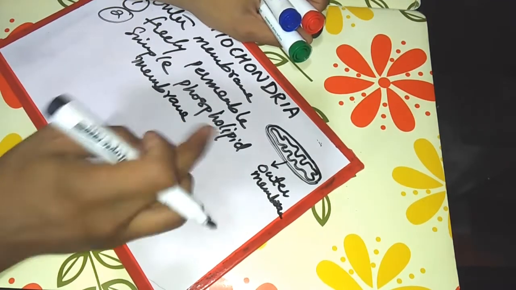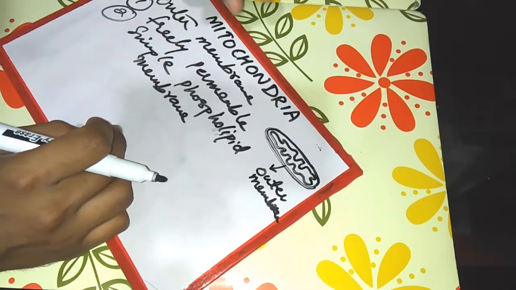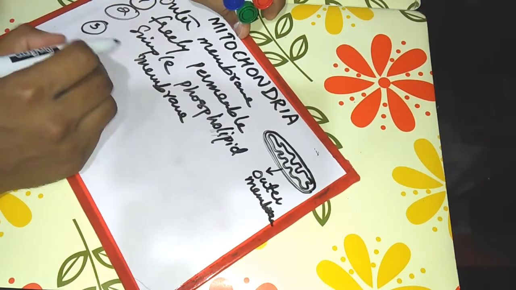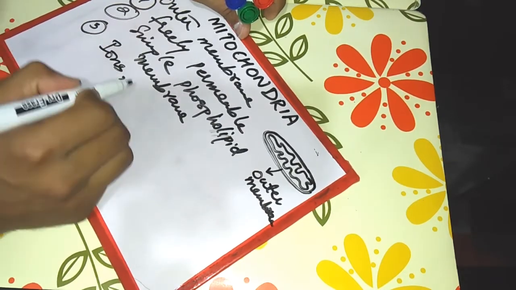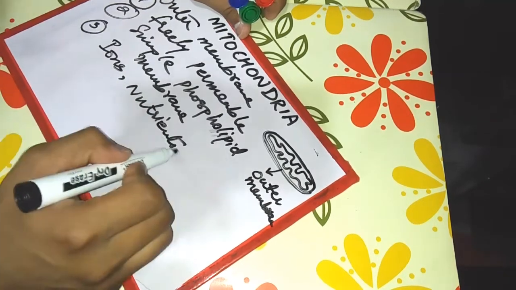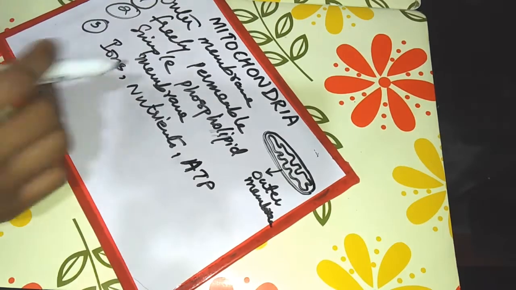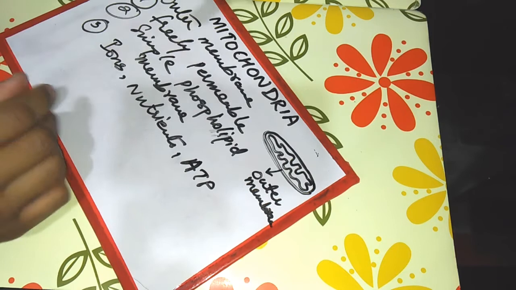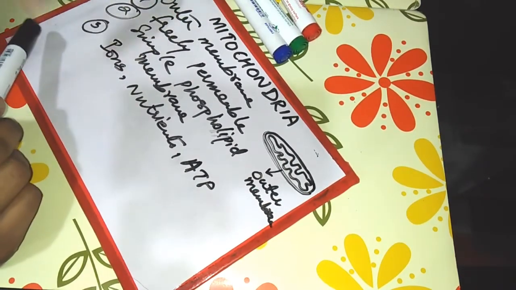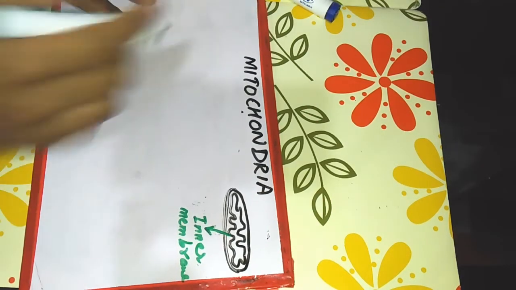Its structure is simple. It has cholesterol, it has all the integral and peripheral proteins, a simple phospholipid membrane. So multiple types of ions, nutrients, and ATP molecules can pass through this membrane. That's why we call it freely permeable. We have talked about the outer membrane. Now we are going to talk about the inner membrane.